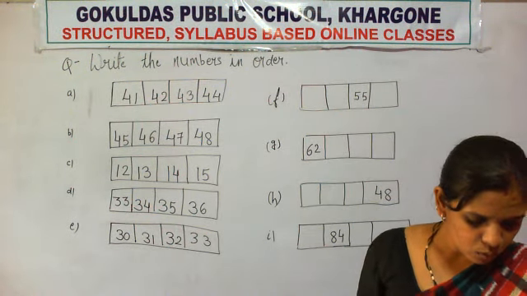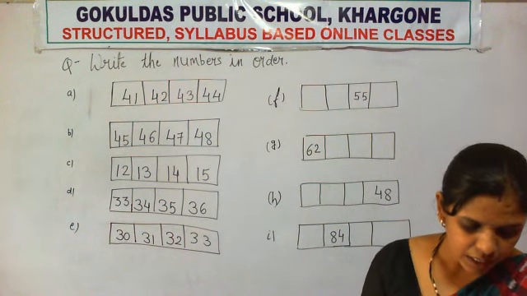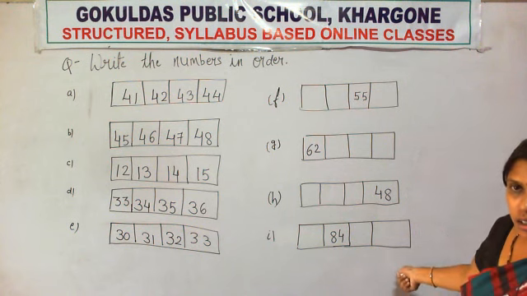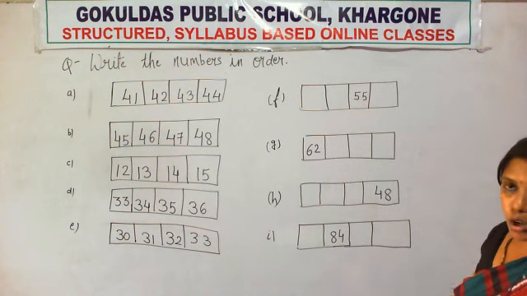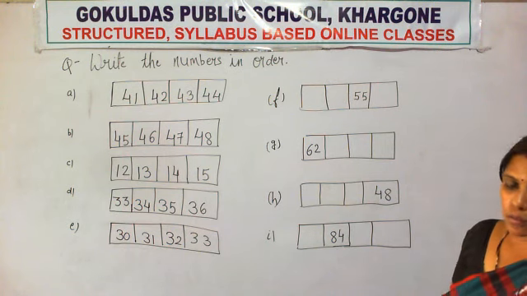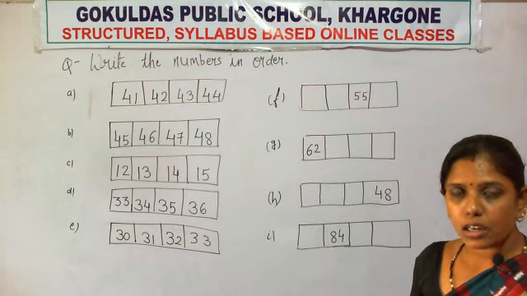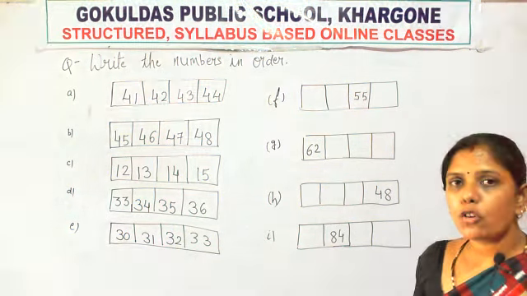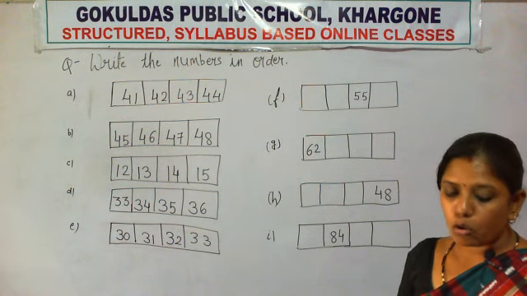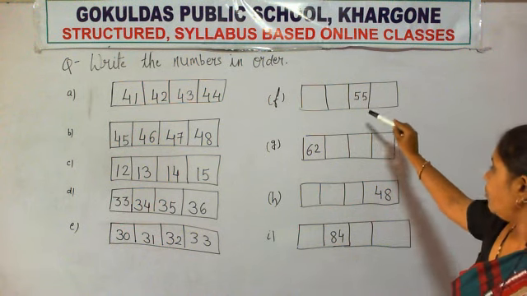Now we will continue the next topic in our next lecture. So complete your work till here, and do the homework that I have given you on the same page, page number 43. A table is given and you have to fill the table writing numbers from 1 to 50, and you have to do that homework in your book only. Don't do that homework in your notebook. Okay, and fill these boxes.